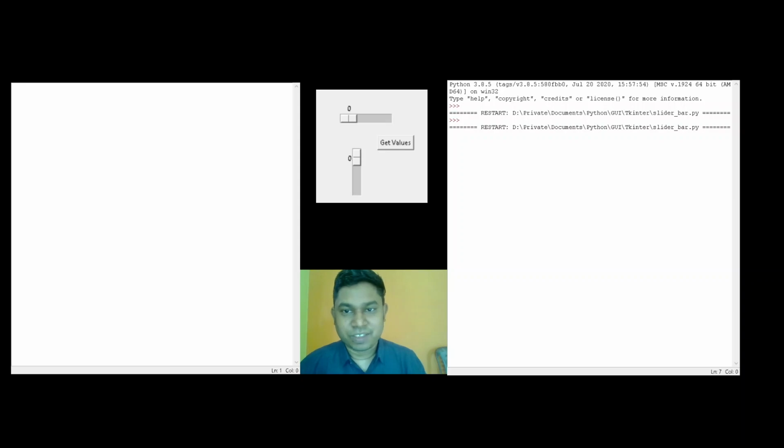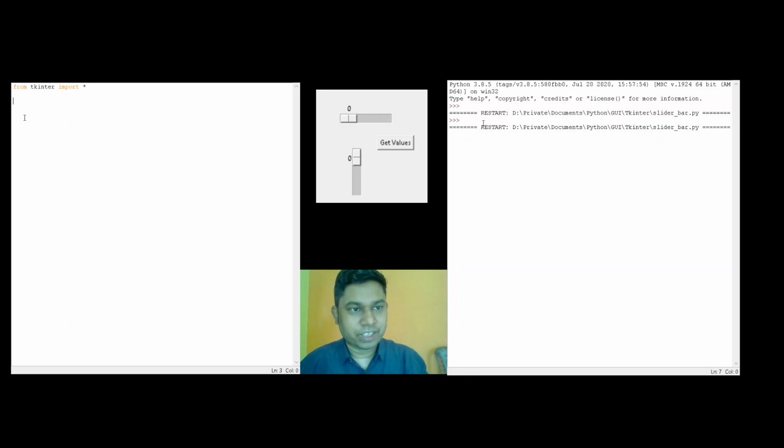As the first step, we will first import all the libraries and functions from tkinter using this command: from tkinter import all. Next, I'll create a parent widget which is called the root.